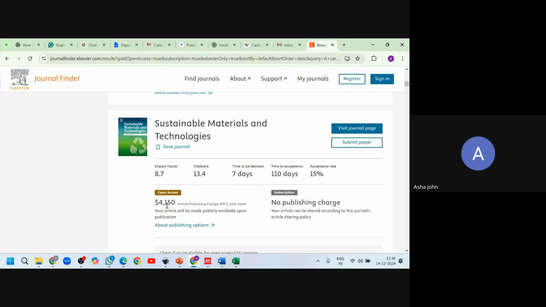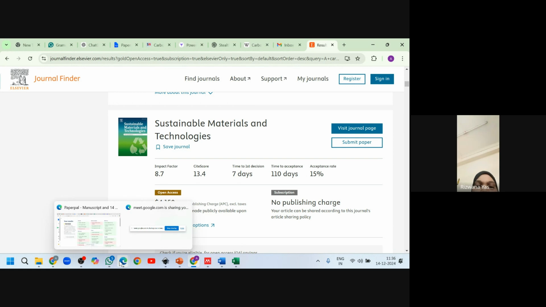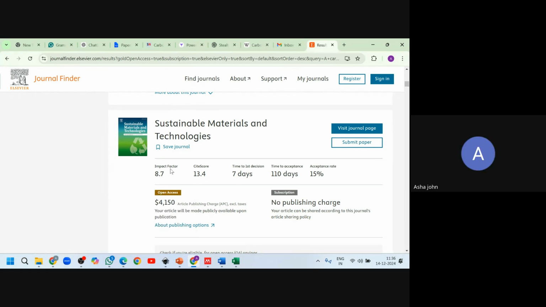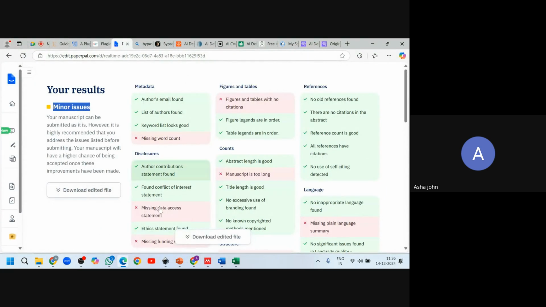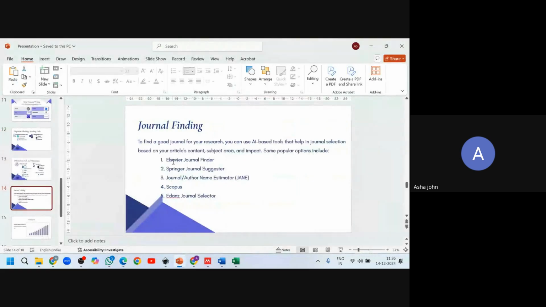Here for submission, you will not have to pay anything. But if you want to publish something, you will have to pay this much amount. But if you are opting for subscription, then you don't have to pay anything. So that is for the journal finder. All these types of journal finders are available. Even IEEE is having a journal finder.